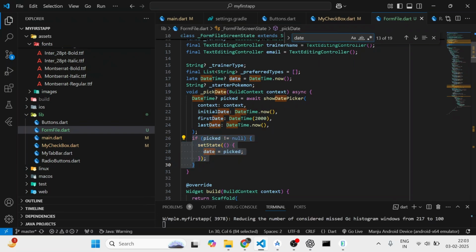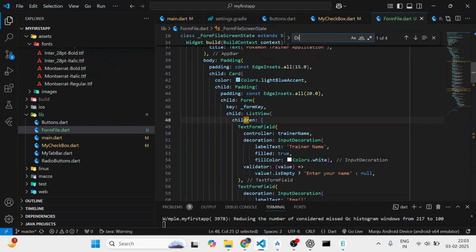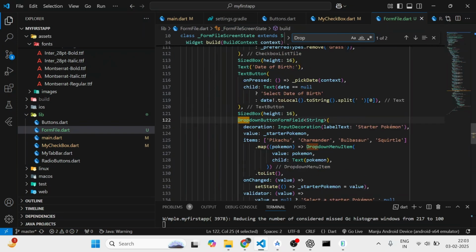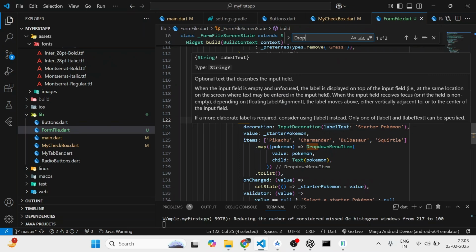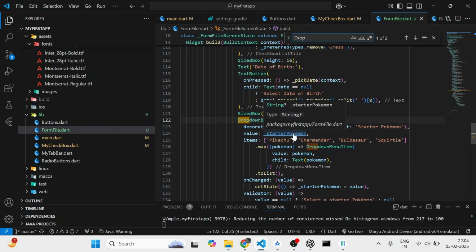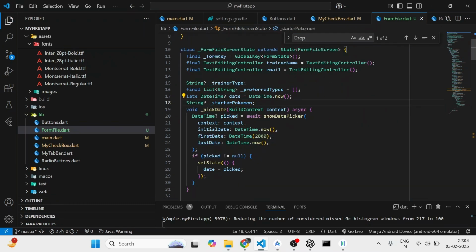Let's move on to drop down. So I have used a drop down button form field over here, and the label text I have given is starter Pokemon. This is similar to the text form field label text. I have given a value to this, which is a string value,